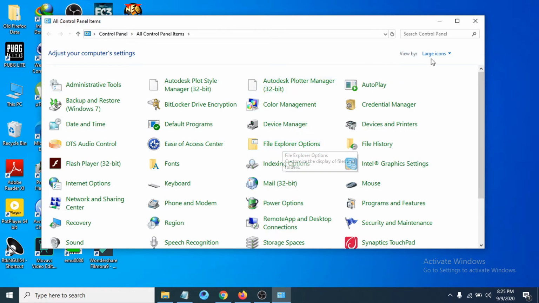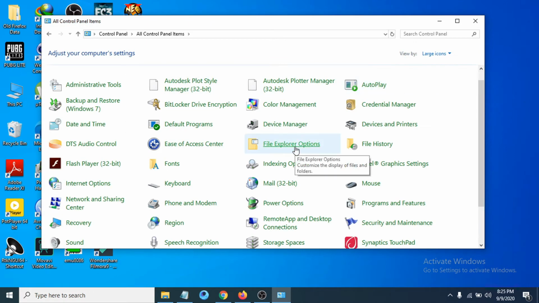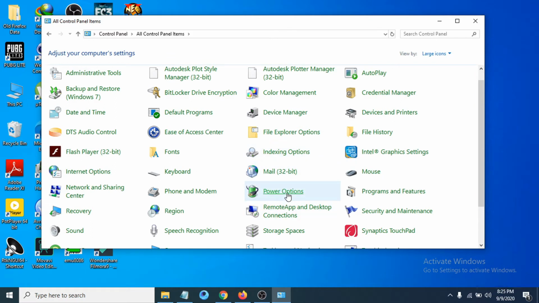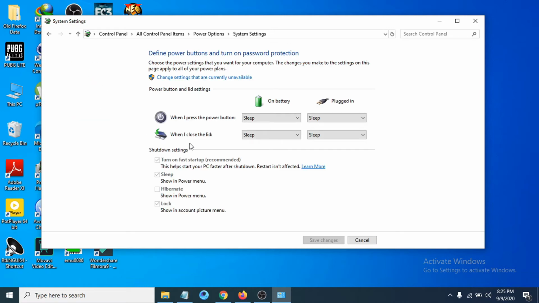After opening the control panel, if you have category view here, you just have to change it to large icons, and then you just have to go to the power option here. Click on power option. After opening the power option, in the left here you can see there's an option called choose what the power button does. Click on it, and you have to click change settings that are currently unavailable,